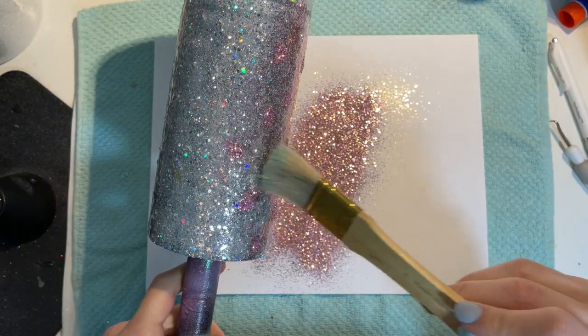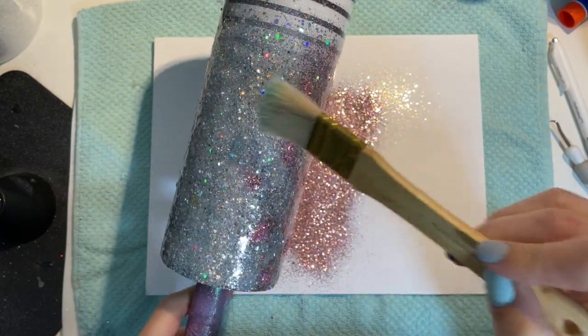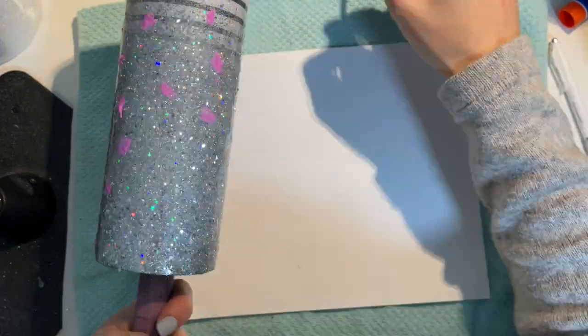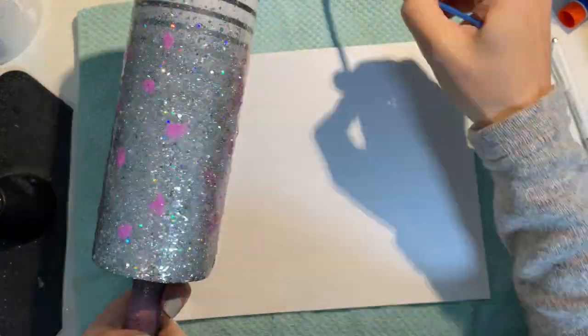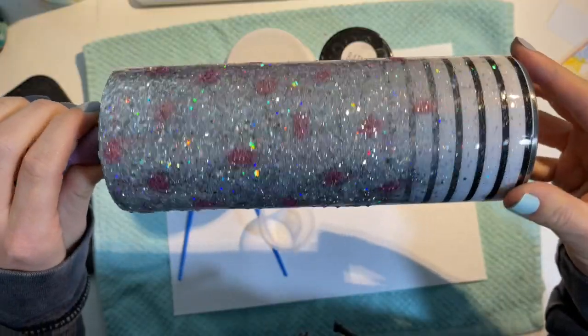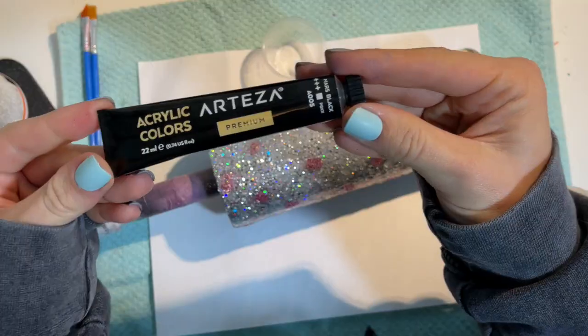This is where the epoxy problem was, because I think my epoxy didn't 100% cure properly, so it was really hard for me to clean up in between those spots. I ended up doing it, but it was a big headache, so try to avoid that if you can. I let my pink spots dry about an hour, and then I went in and mixed my Mod Podge and